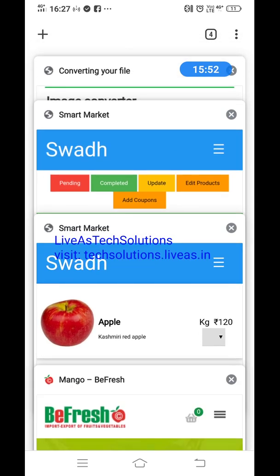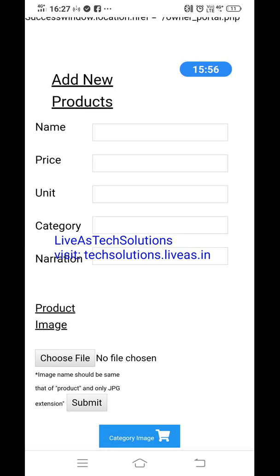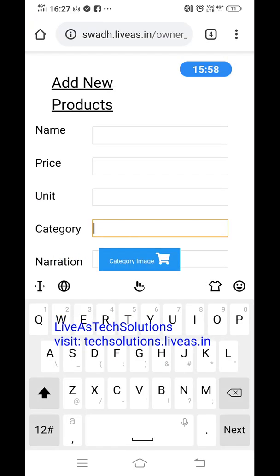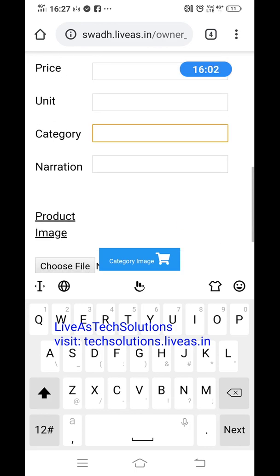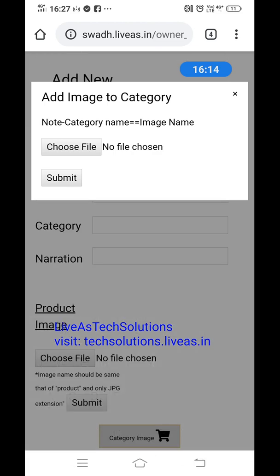new products. If you want to create a completely different category, when you are entering the category here, the different category will be created, but there will not be any image for the category. So in order to add an image to the category, there is an option called category image.